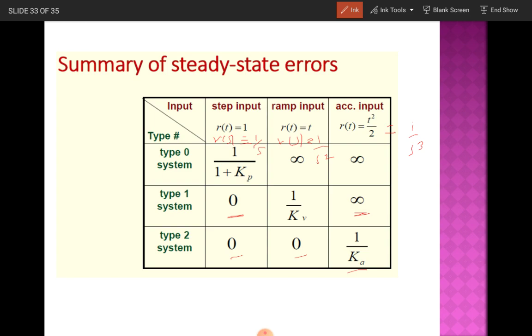So here you can see for a ramp input, initially you get infinity error. After that, if you increase the order by 1 or type by 1, you get some error. Then further if you increase the order or type of system, error becomes 0. That means if you go on increasing the order of system, the error becomes 0 or may be minimized. But at the same time we have to see that if you increase the order of system, the oscillations may increase. That also we have to consider while increasing the order or type of system.